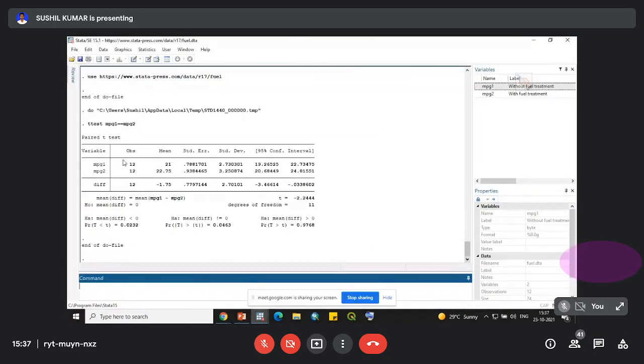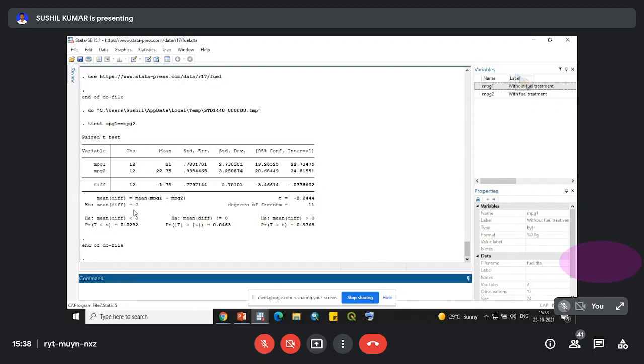So in that scenario, when we check our paired t-test output, it shows that there are a total of 12 observations in variable 1 and 12 observations in variable 2. This is our mean score, standard error, and all the other things. This is our t score, that is minus 2.244.